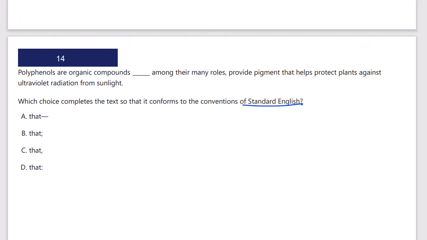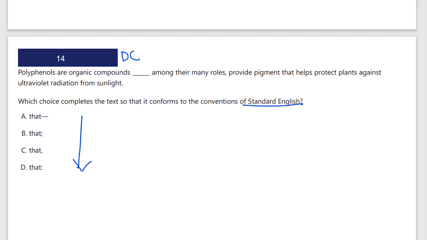Okay, it's a grammar question, and I've got semicolons, long dashes. This is going to be a question of punctuation in the sentence and independent dependent clause. So let's read the clause up to it. Polyphenols are organic compounds that, that's still dependent, right? And that, it's a relative pronoun. It's always essential, or non-restrictive, or I should say restrictive, sorry. And it never takes a comma beforehand. So that,